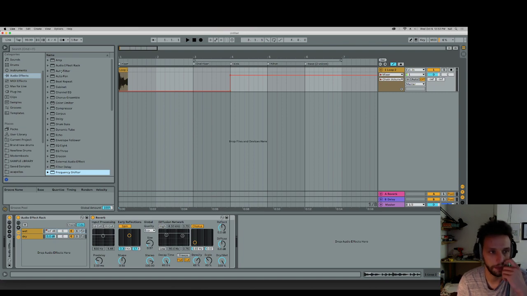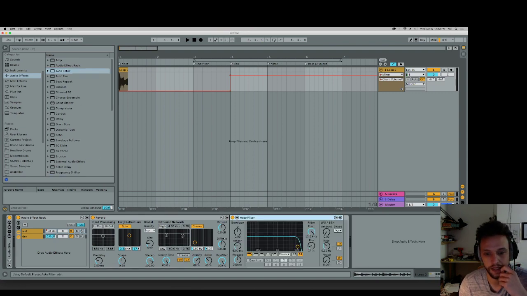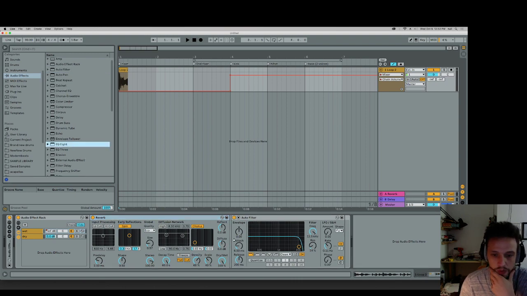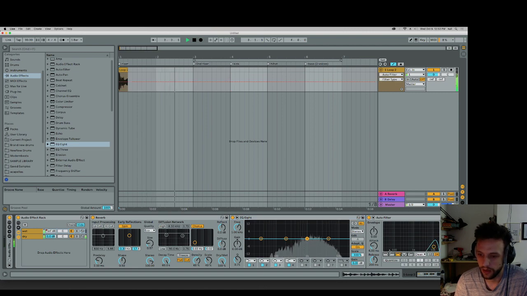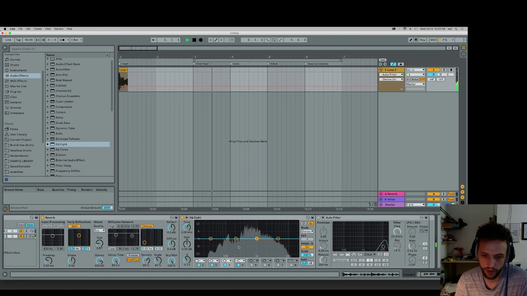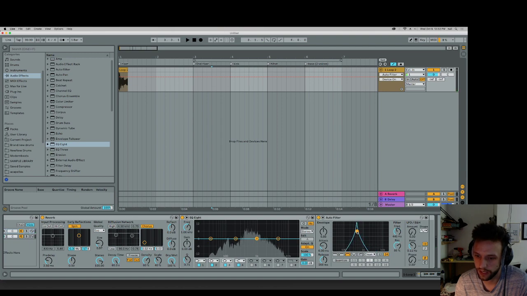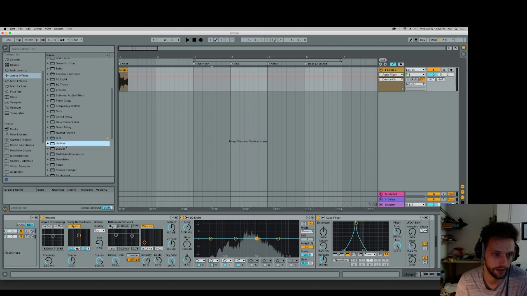However, one way that we can conceptualize this is that this noise is all the frequencies, basically, right? So if we look at it like this, then we can see we have a bunch of frequencies there, right? And we can think of this as selecting one of those frequencies and making it really loud. I'm going to throw a limiter after this. Come on. So yeah, and then we get to,